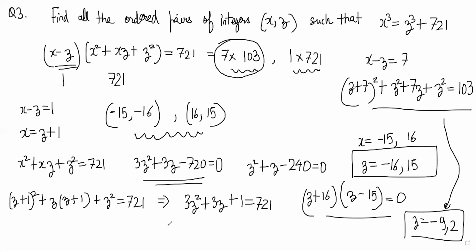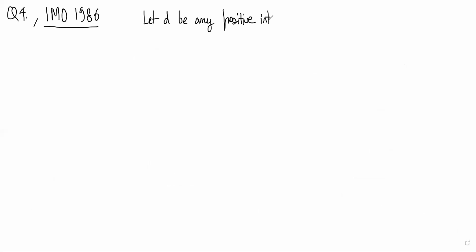The next one is not so easy. Next one is IMO 1986. So it says, let d be any positive integer not equal to 2, 5, or 13. Show that